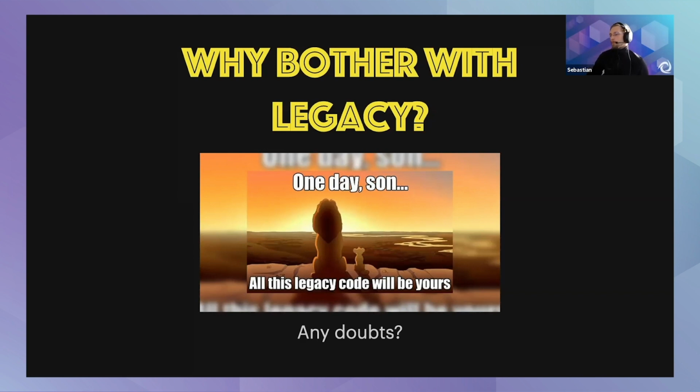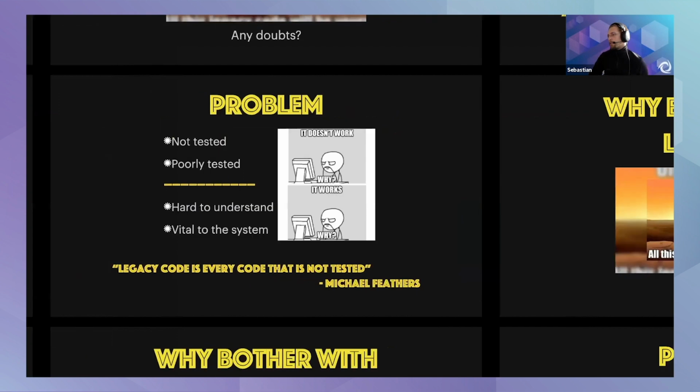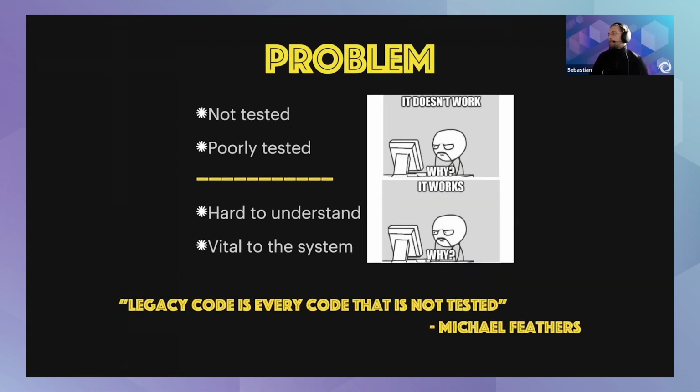What is the main problem of working with legacy code? I think we can divide it into sections. It doesn't work when you try to refactor it, and the question is why it doesn't work. The other problem is when you don't want to refactor it and try to understand it, it works, and the question is why it works. In the first case, it's usually not tested code or poorly tested code that doesn't give you proper feedback and a safety net for your work, what you can do around it and how to improve it.